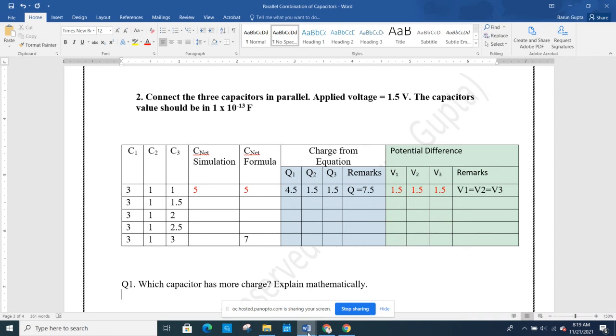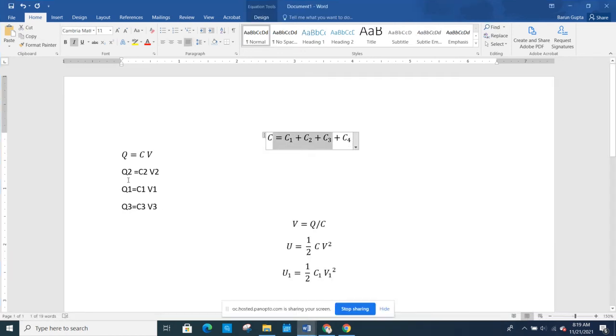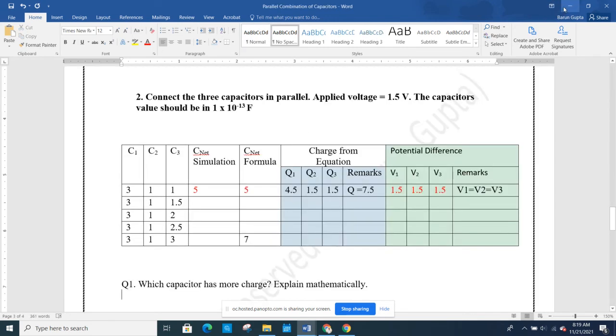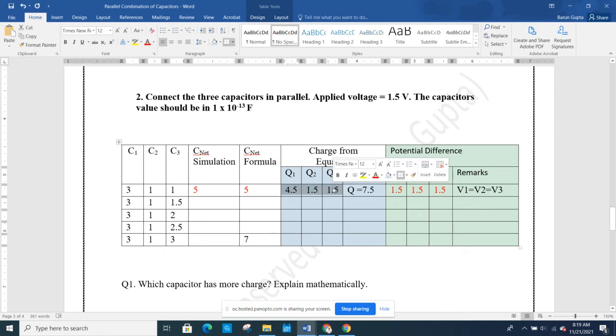You see this equation here, Q1 is C1 times V1. All you have to do is multiply C1 and V1. C1 is 3, V1 is 1.5, so you multiply and get 4.5. Next, C2 and V2, multiply these two numbers, you get 1.5. Again, multiply C3 times V3, you get 1.5. And if I add all the numbers together, Q1 plus Q2 plus Q3, the total charge will be